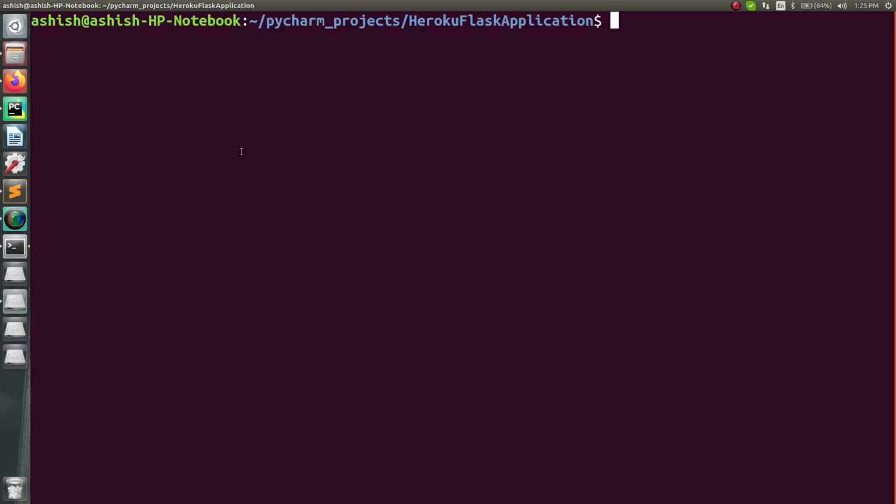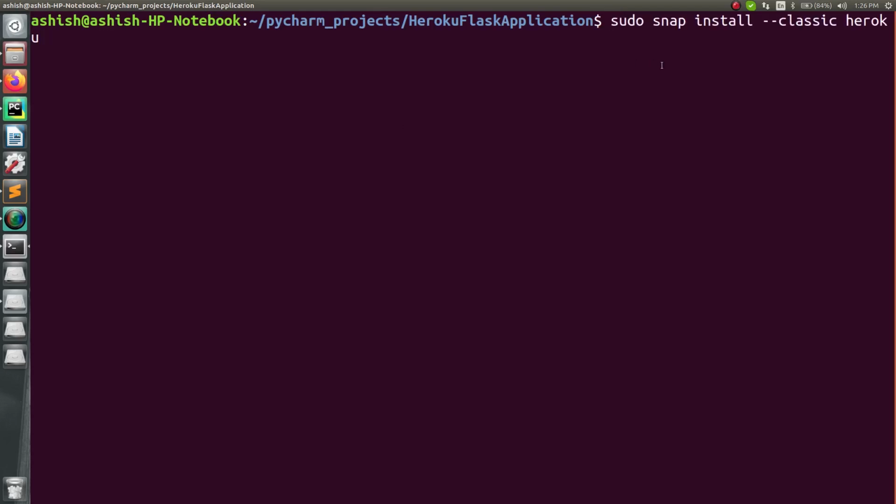Before making our application live onto the Heroku server, we have to first create the project, and that project requires two dependencies. One is Heroku and the second one is pipenv. So they should be installed on your system, right? For that I have to run two commands. For the Heroku part, I have already shown you in one of my previous sessions, so if you want you can check there, otherwise that's okay. I will show you the command, how you can run it and how you can install it, right? So let me just run that.